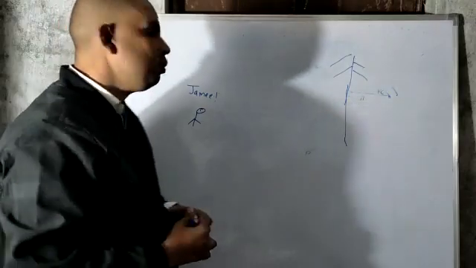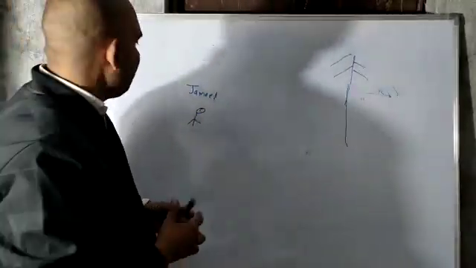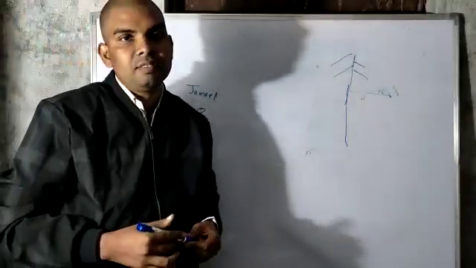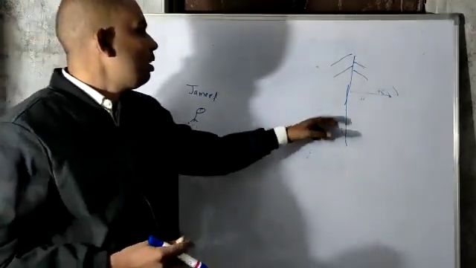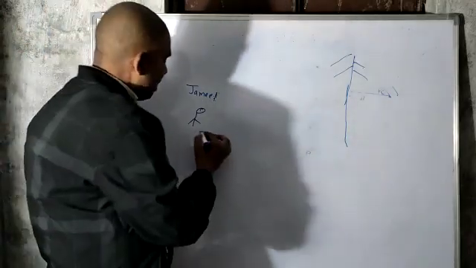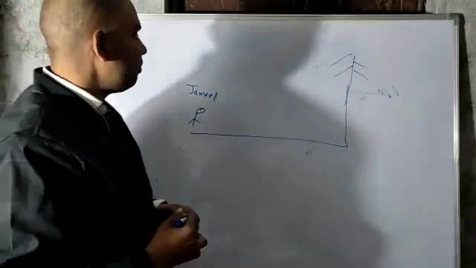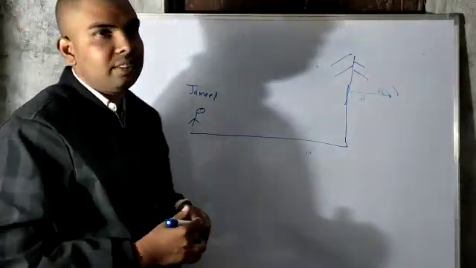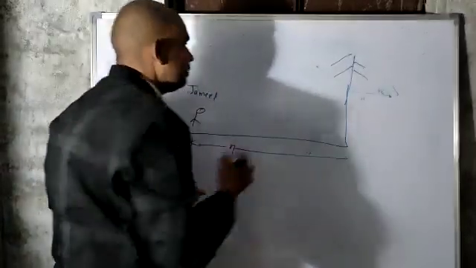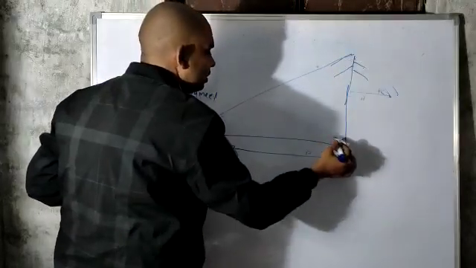There are only two ways by which we can find the height of this tree. One is to make an approximate guess, and another is to find the height by using trigonometry. How can I find it using trigonometry? We will measure this length, because we know that horizontal length can be found easily compared to vertical length. Suppose it is x.